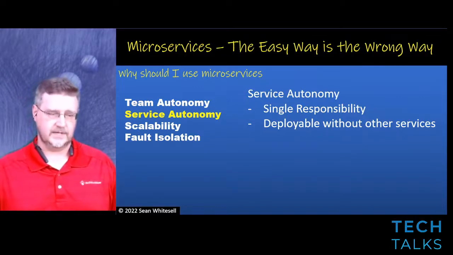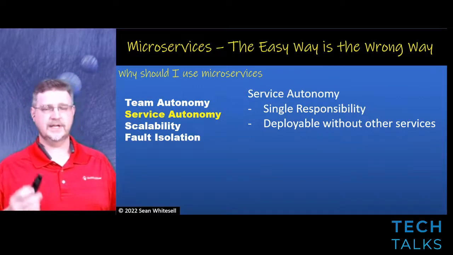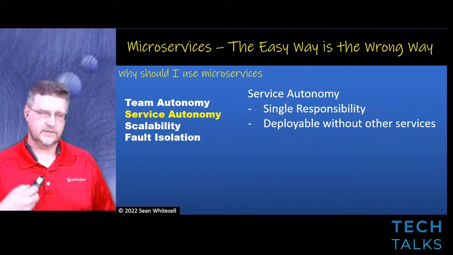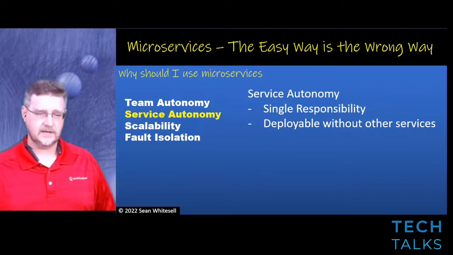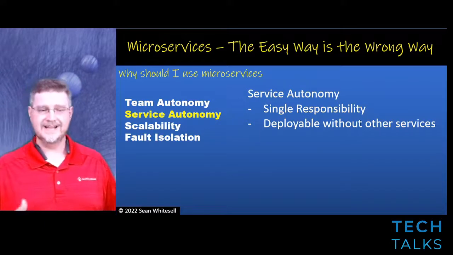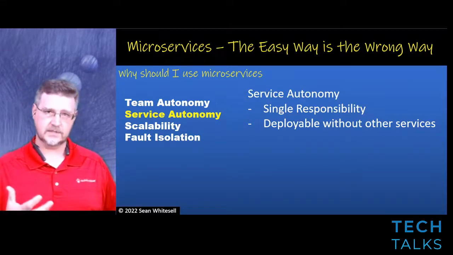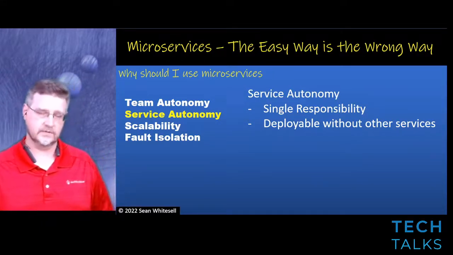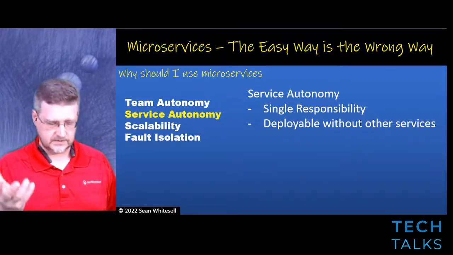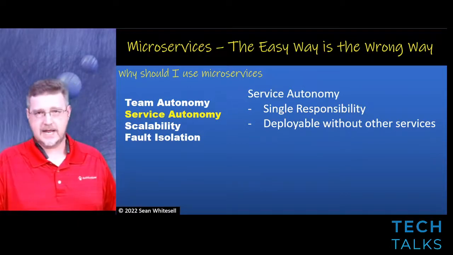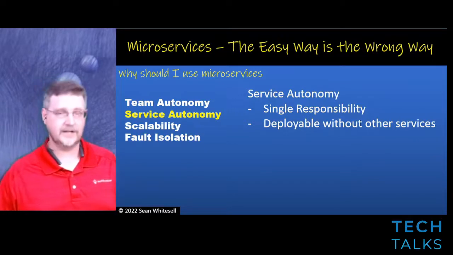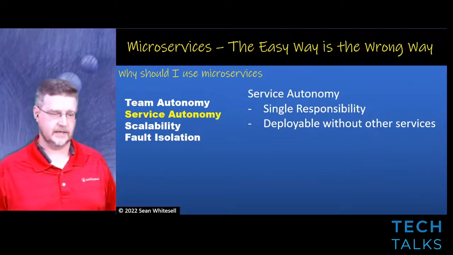As well, service autonomy. A microservice should provide a single responsibility, meaning that, like I mentioned earlier, if you're going to do accounting, maybe it's accounting, but maybe it has to split and become accounts payable versus accounts receivable. It just depends on the amount of business logic that you're trying to serve in that microservice. With a very simple type of microservice with just a very simple amount of business logic, the accounting microservice, for example, may serve you very well. If it grows larger than that, you may need to split it out.